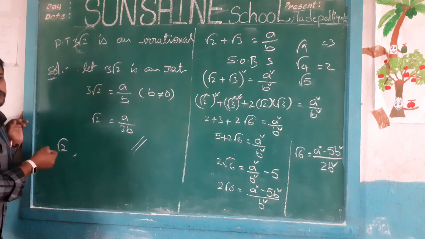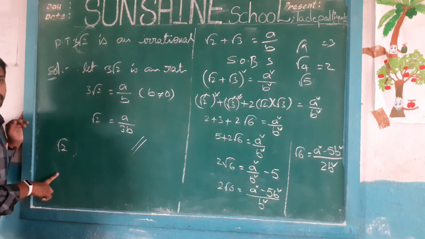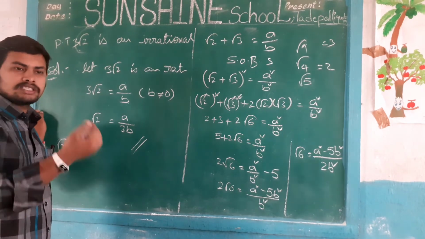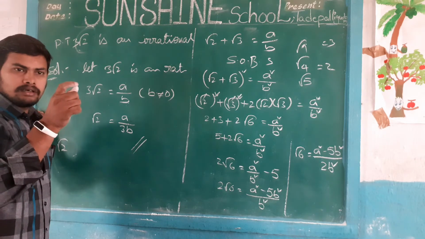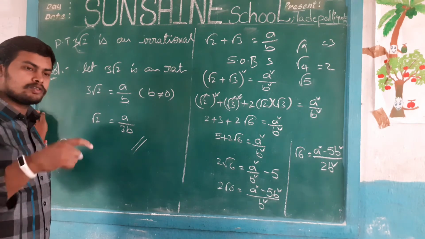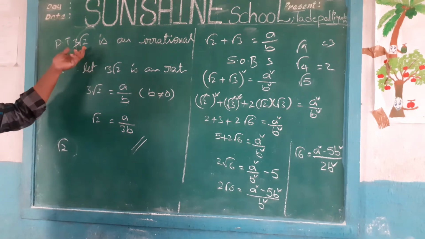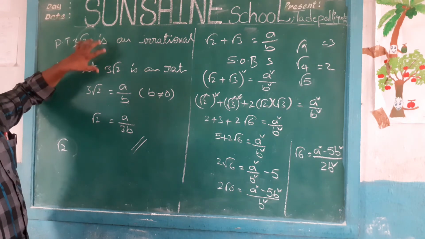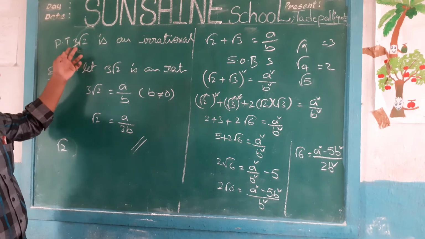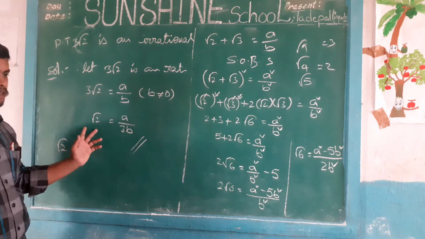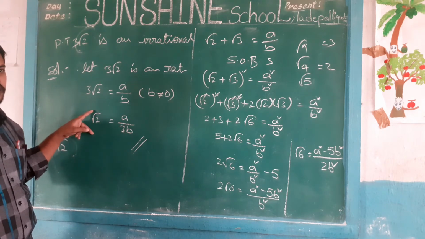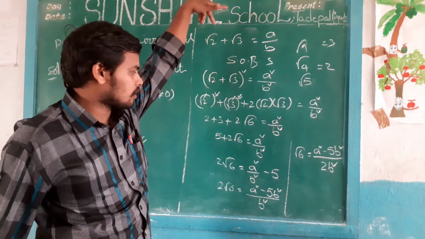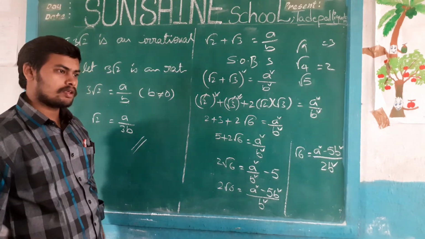So, are you understanding the process of root 2? How can you prove that root 2 is an irrational number? Here first we have to write a by b, then after squaring on both sides, a square is divisible by 2, so a is also divisible by 2, so replace a value by 2k. Which is the simplest method among the 3 sums? 3 root 2. Simply you have to transfer the 3 to the RHS, so it can be rational format, it is an irrational format. For the sum of 2 irrational numbers, same process: squaring on both sides.